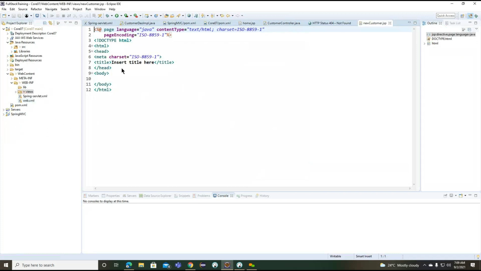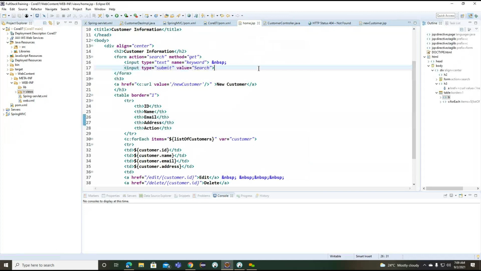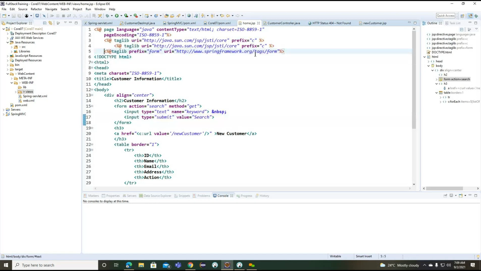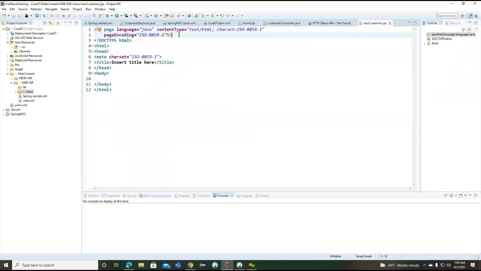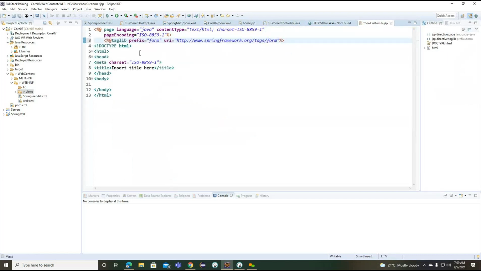And where is our home.jsp? Here we need to copy the Spring related library, and the title here.